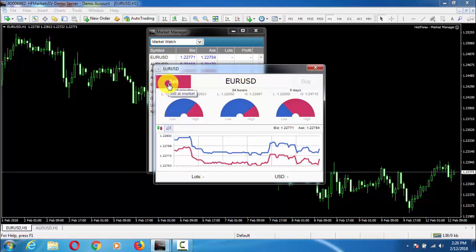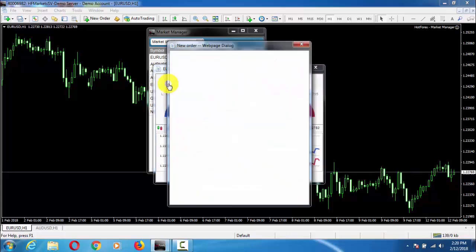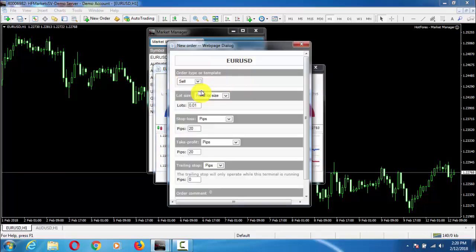If I click on any one of them, I get a new pop-up window. Here I can choose any of my desired orders: buy or sell, buy limit, sell limit, buy stop or sell stop. Then I can choose my lot size, stop loss in pips or whatever I want, and similarly take profit in pips.